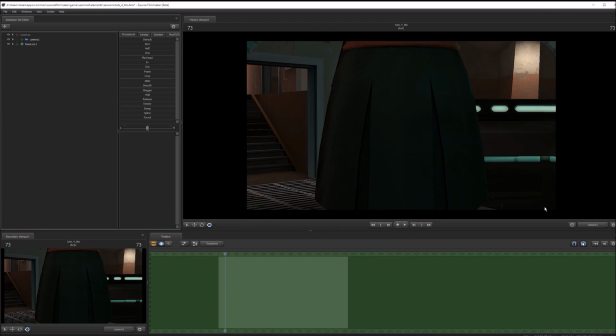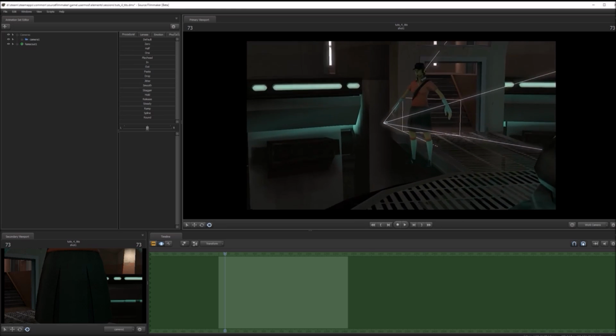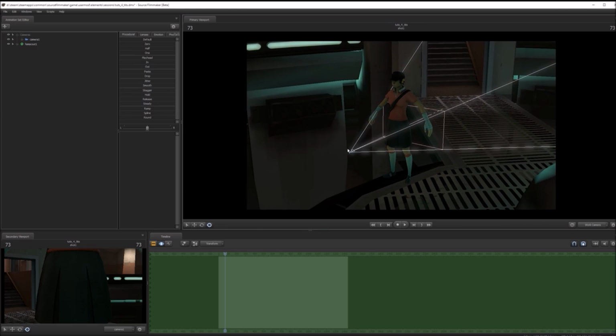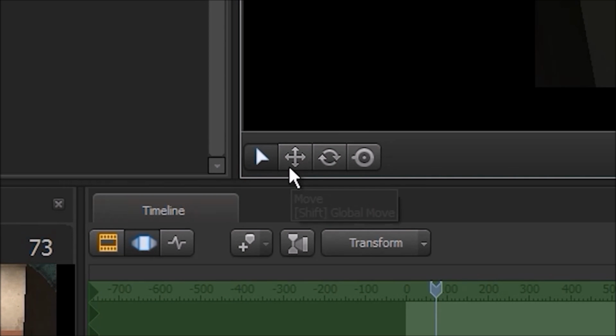Okay, so our model's in, and obviously it's a little too close for comfort. So this is where we want to switch to the work camera. And as you can see, this is where our regular camera comes in. This is where we start moving everything. So if you hold Control, this is where you can see individual bones. You can click on it, and using these tools down here,